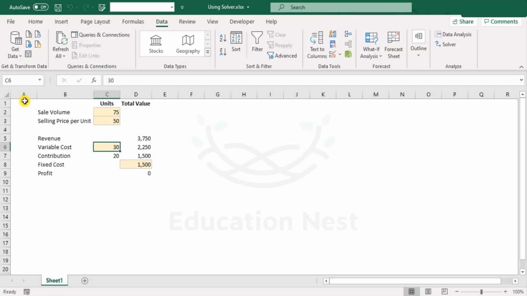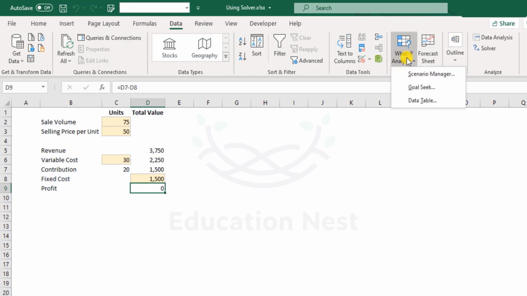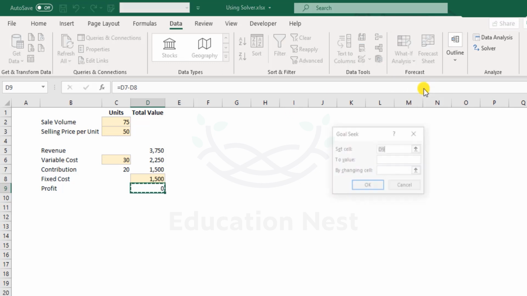Now, the goal seek tool has been quite handy when we had a target profit in mind, which was, in this case, to break even. That means no profit and no loss. You might also try setting the target profit to 2000 by clicking here on the What-If Analysis, Goal Seek, and set this to 2000